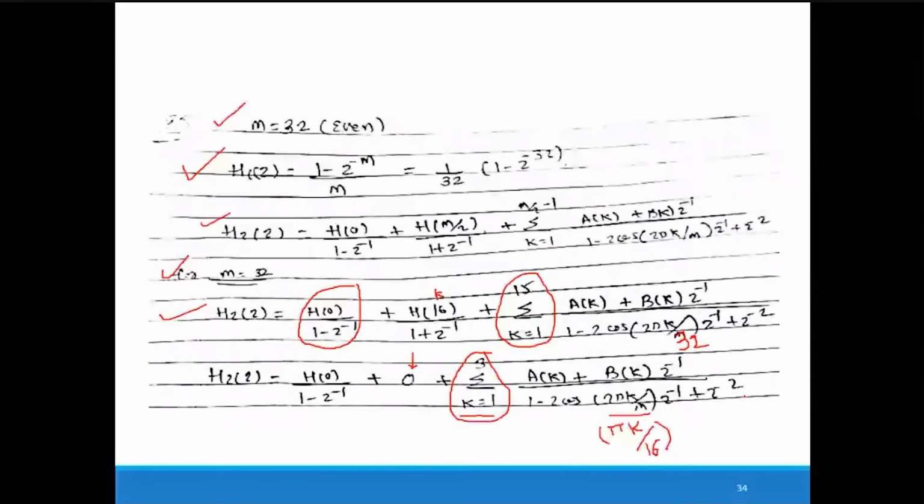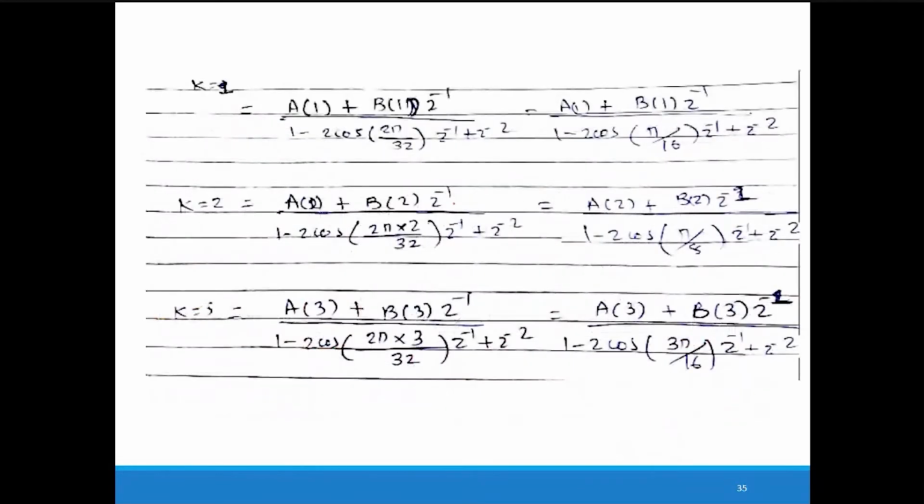Have all of you completed up to this? Please let me know so I can go to the next slide. I suggest all of you write down this derivation, or you can take a screenshot of this PPT, so it will be helpful for the next calculation. Okay, so let me go to the next slide.